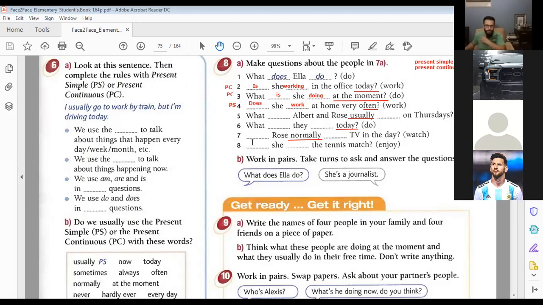What do Albert and Ruth usually do on Tuesday? Okay, correct. Why did you use present simple here, Hannah? Usually. Very good. So that's correct. Okay, Rashid, next one, number 6. What Ella